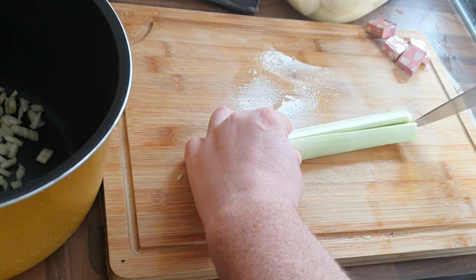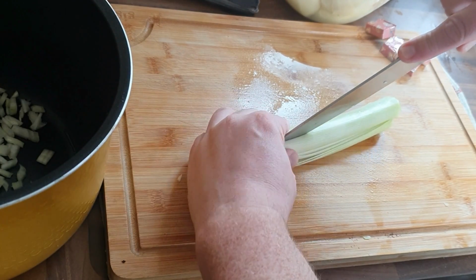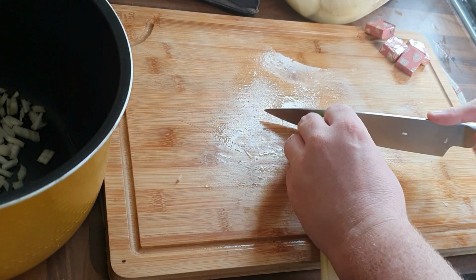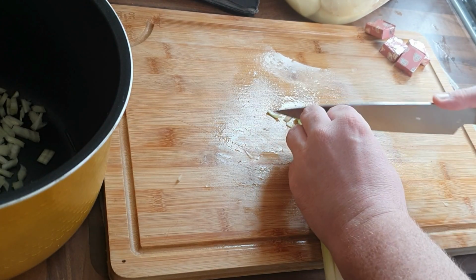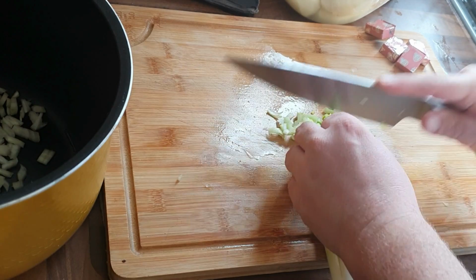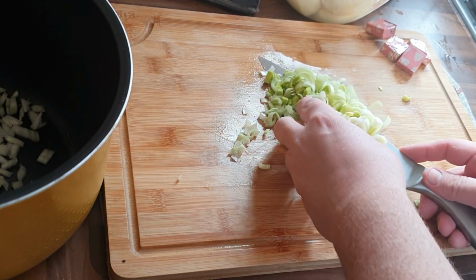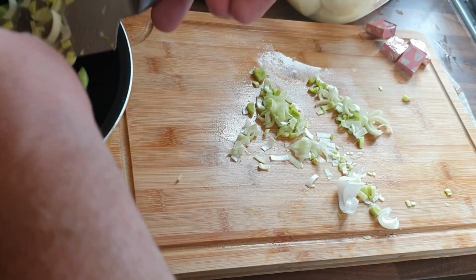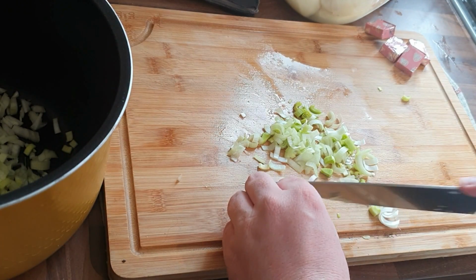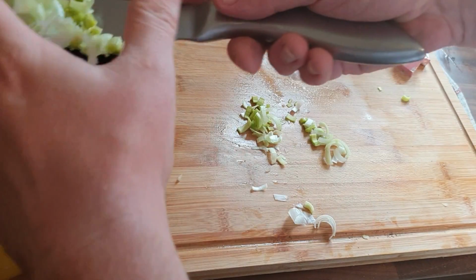So all I've done there is I've finely chopped up the onion. After my first attempt, I should say, I've decided to cut everything a little bit smaller, so the onion's been finely diced. With the leek there, all I did was I ran the knife, after it's been cleaned, ran the knife up it and just cut it in sort of quarters, and then that keeps it all together, and then you just cut it and it gives you a nice even base. With the potatoes,